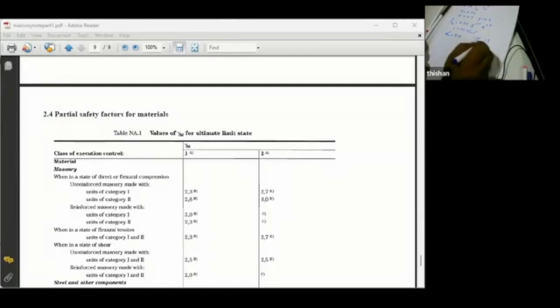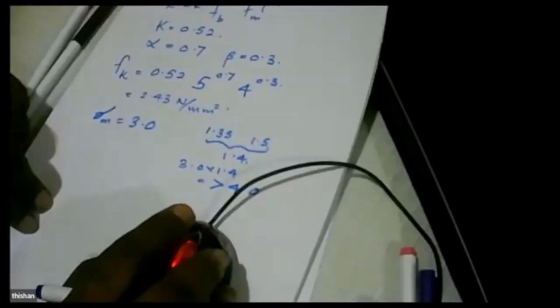So we have increased the loads by 1.4, and we are dividing the strength by 3. So the overall factor of safety is 3 into 1.4. So it's over 4. So the overall factor of safety that you are going to get in masonry design is,